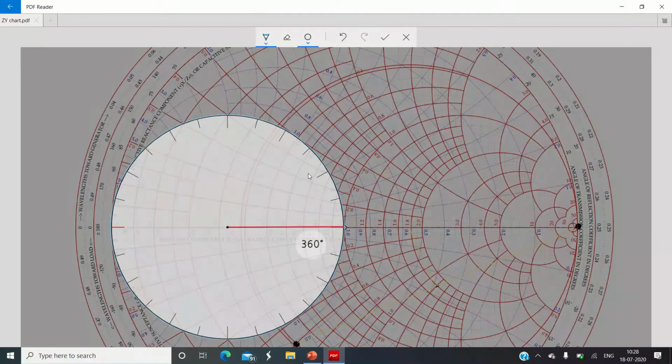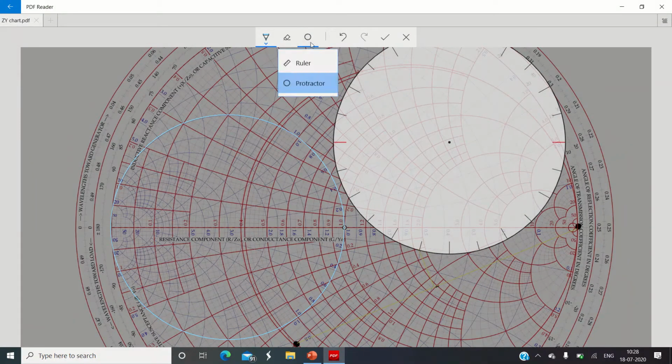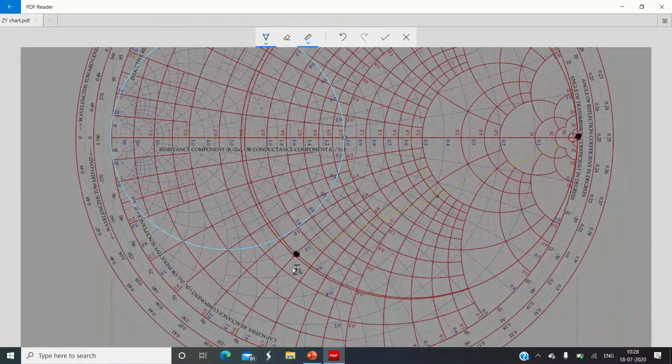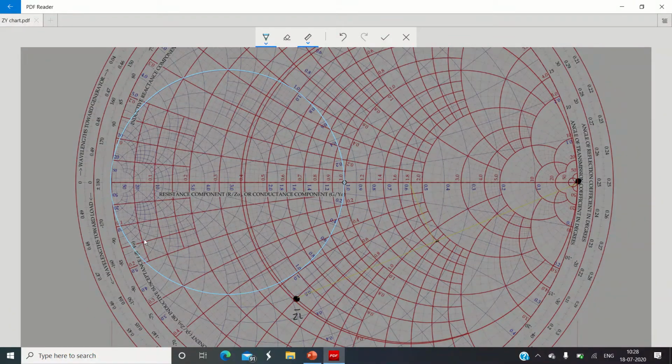This is optional. You need not draw the circles, please remember. Only if the lines of the circles are not visible can you follow this procedure. Otherwise, if the lines are visible approximately, you can directly plot the circle. Here we clearly observe that we have a red circle which we drew as the unit resistance circle, and we have drawn the blue circle, which is the unit conductance circle. Now put your pencil on ZL bar and start tracing the resistance circle which we have drawn right now.